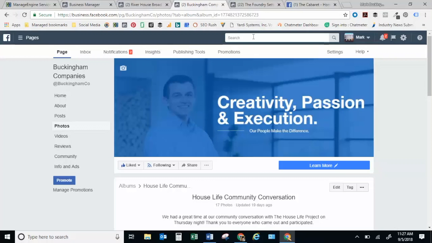That you see that learn more under the cover photo of this Facebook page. That is a call to action that we have set on every page, and it's usually a phone call that we want people to do, or we want them to click over to the website. Those are already pre-populated, but you guys can edit them if you want to. You just hover over and then hit edit button down below. And it gives you a series of questions to see what action you want people to take once they visit your page, whether that's message your page, which means you need to check your messages all the time, or you want them to call the property, or they want you to visit the website. It's all up to you, and it's very easy to manage,